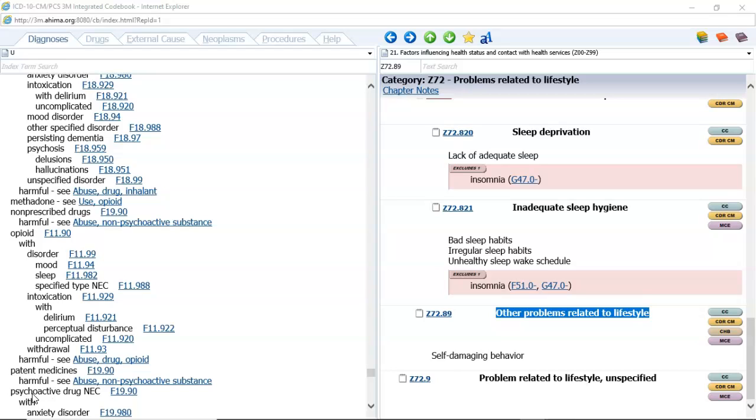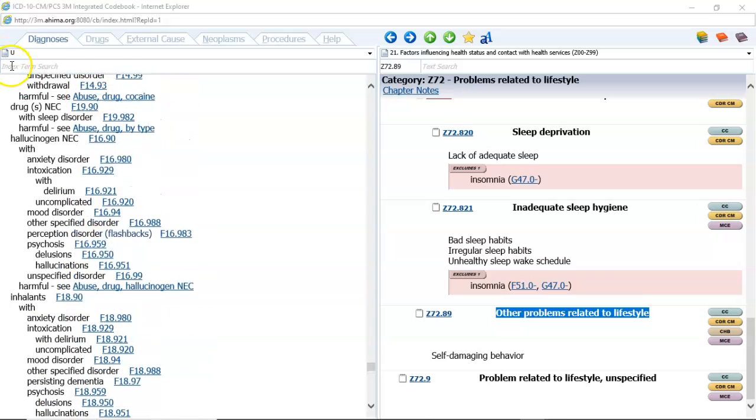We are covering chapter 14 in your textbook, and I would like for you to look at item number 2 on page 312, and this is psychoactive substance use, abuse, and dependence. Basically this is guidance on the hierarchy of how to code use, abuse, and dependence when they are all documented by the provider. So the first thing I want to show you is that in the index, if you